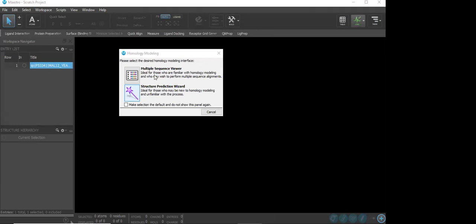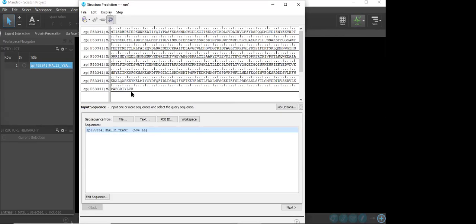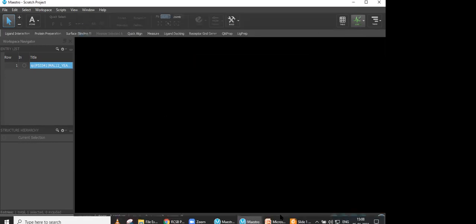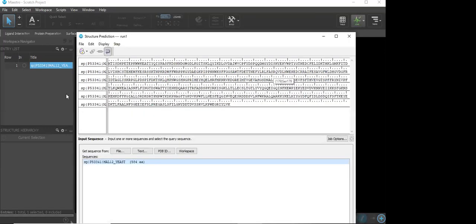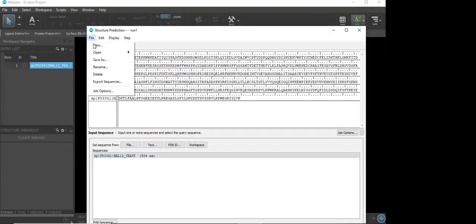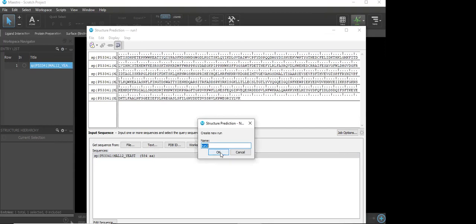There you will get two options, like multiple sequence viewer and structure prediction wizard. Then click structure prediction wizard. Then you will get a window like this. Then you just need to go to File. I have already performed this earlier, that's why it is showing this one. File, go to the new option, then run, click OK,